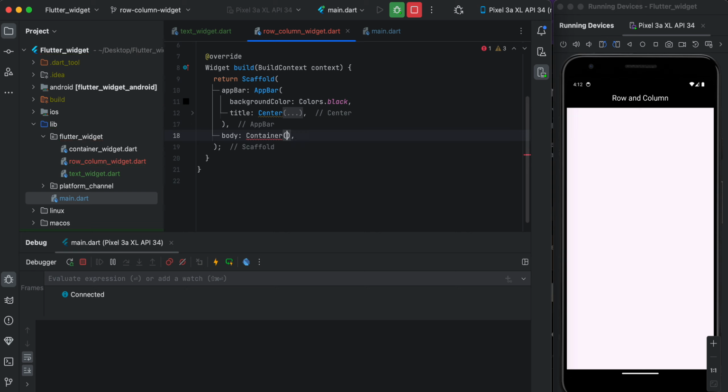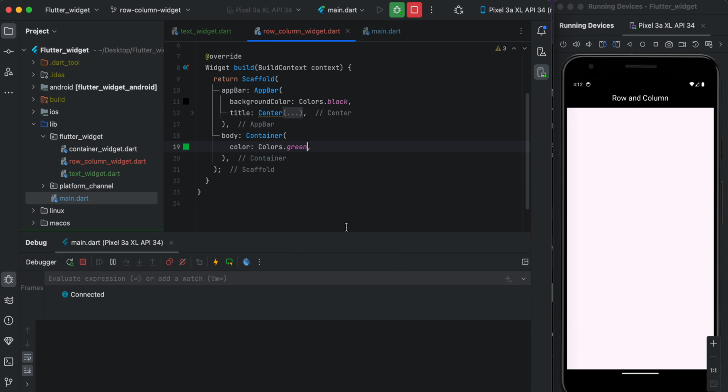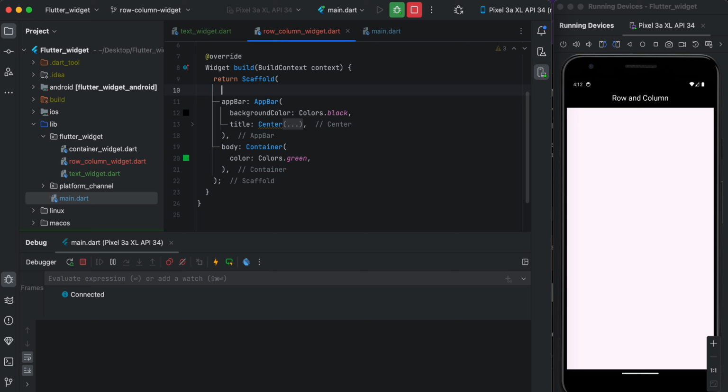So let me give it a Container, and I'm going to give a background color, height and width for the Container. So background color like Colors.green, and I'm going to define height and width for this screen. So height equal to,